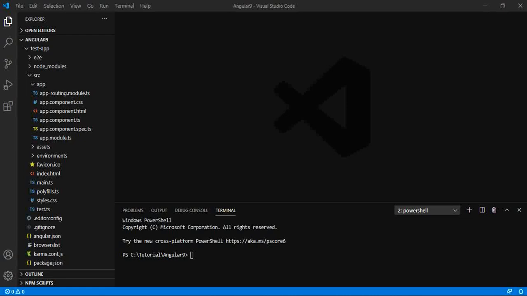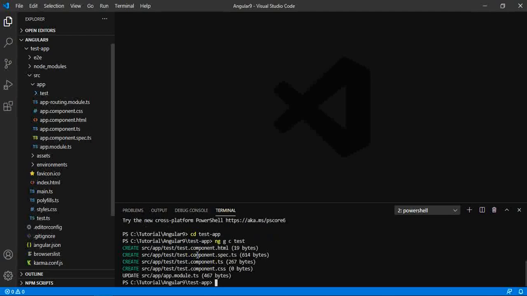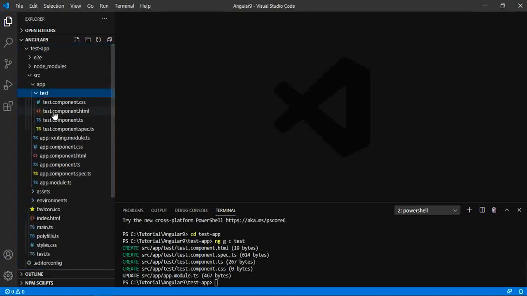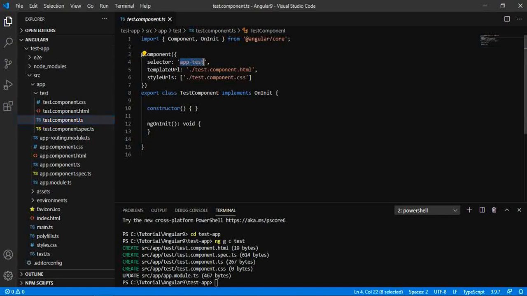In this video, we will try to learn how to bind properties in our Angular application. I have already created an Angular application with the help of Angular CLI, and now I am going to add a new component, that is test. Later on we will try to learn how we should bind the properties in Angular in different ways. Let me try to add this particular selector inside our app.html.